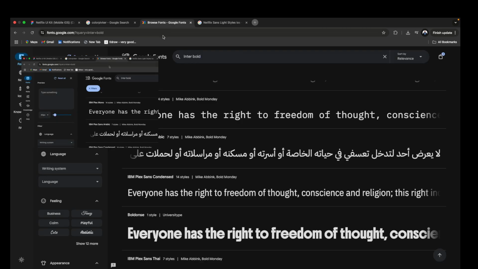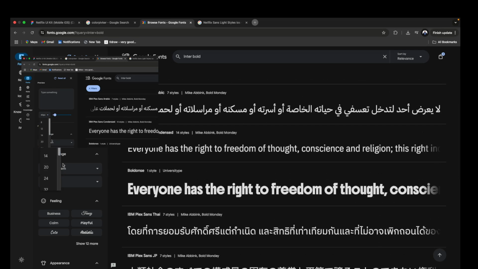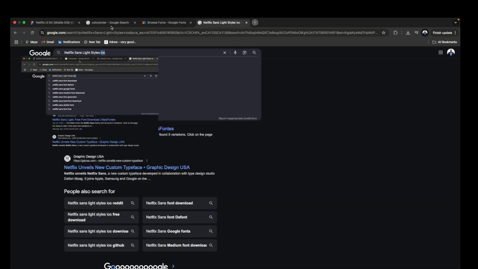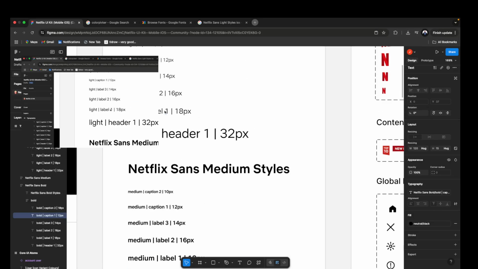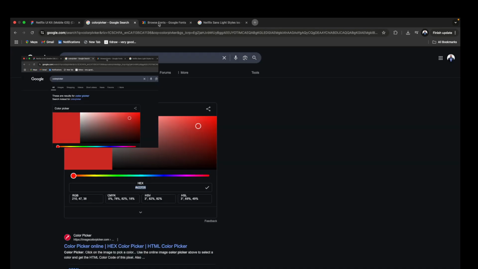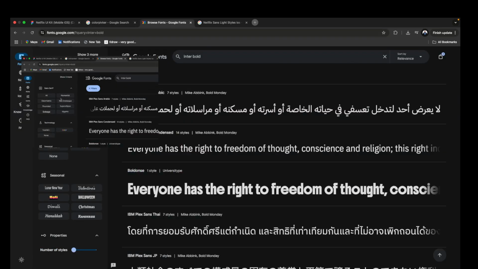So I need to go to the fonts. There is bold, right? Oh wait, so I need to give it a font weight here. And this has to be, it's what, sans, right? Sans medium. Yeah, so it has to be light. So if I need to go Inter light styles, then